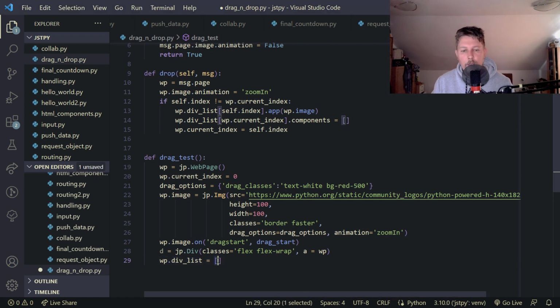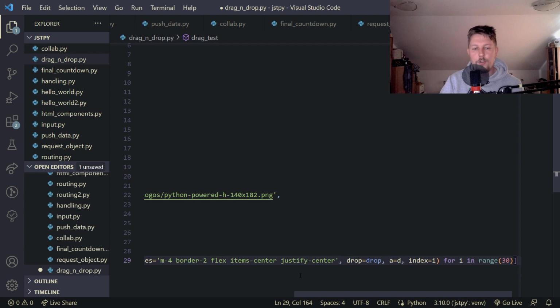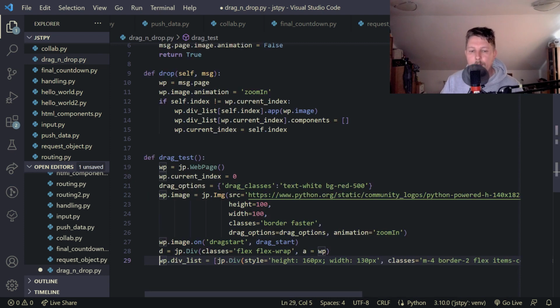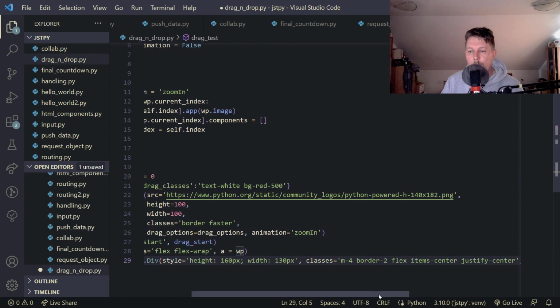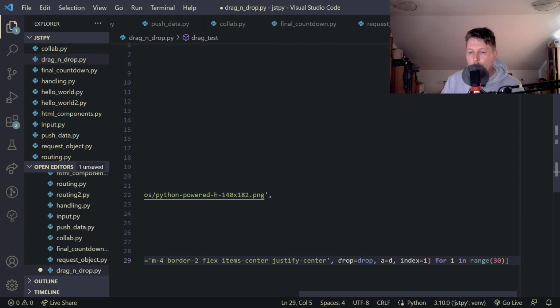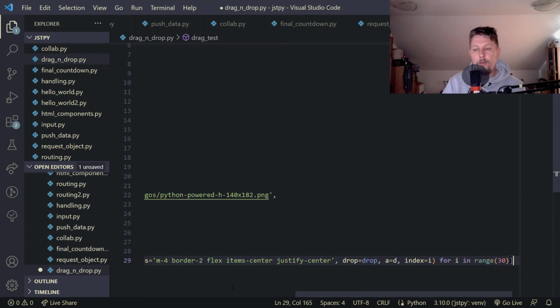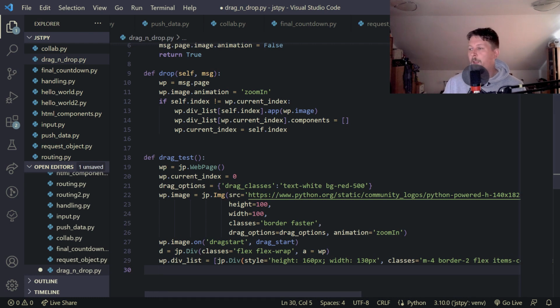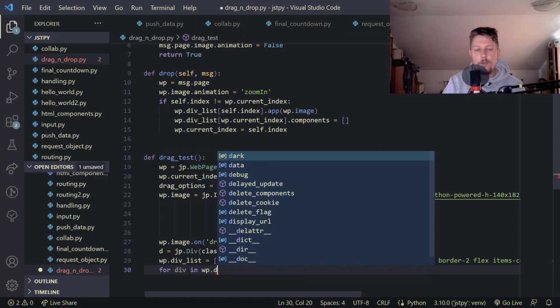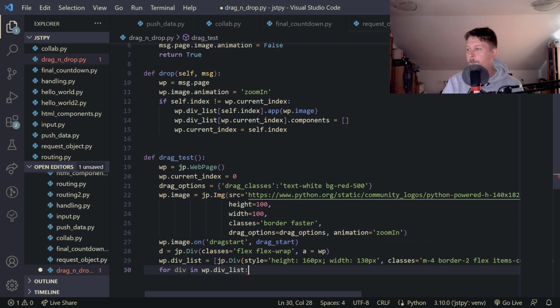We are going to have list comprehension, and we say that we want to add to the div list 30 divs, and we will attach the handler for the drop, and we will also give them an index. And after that what we can do is take a for loop and say that for div in webpage.div_list